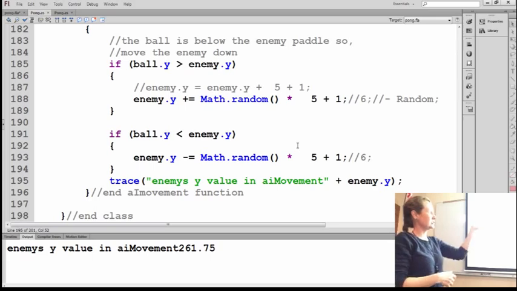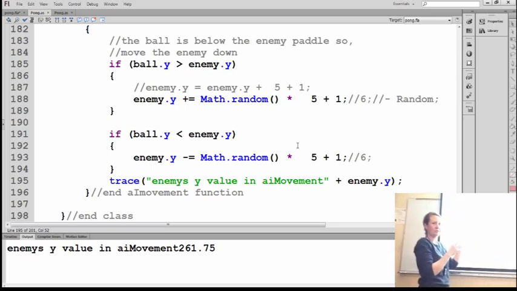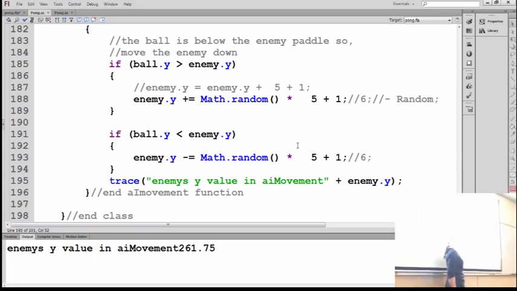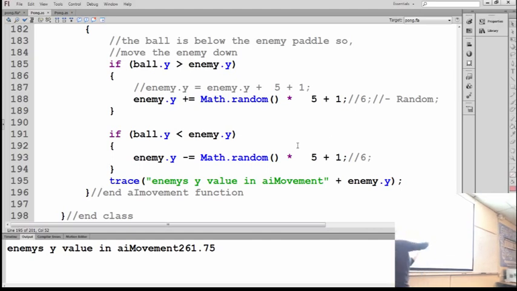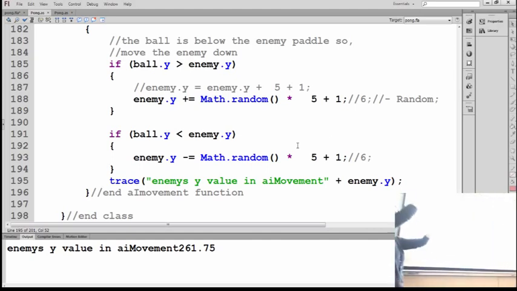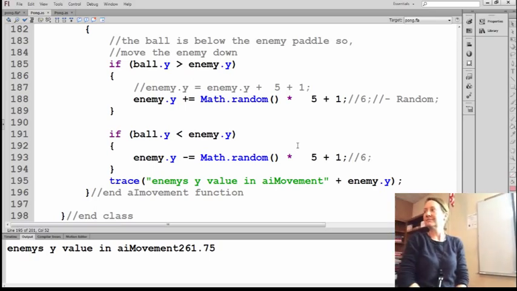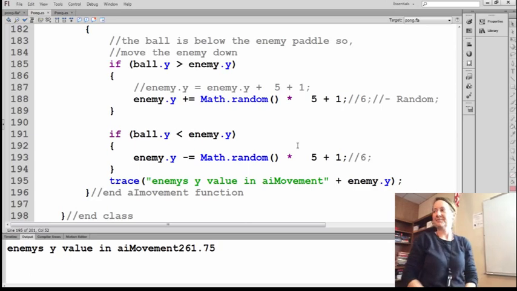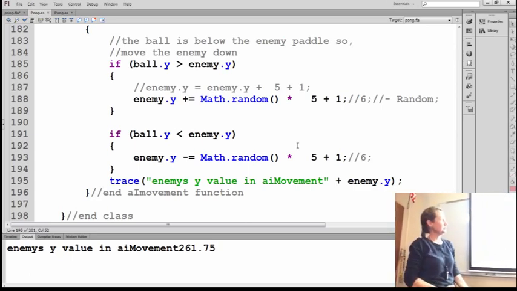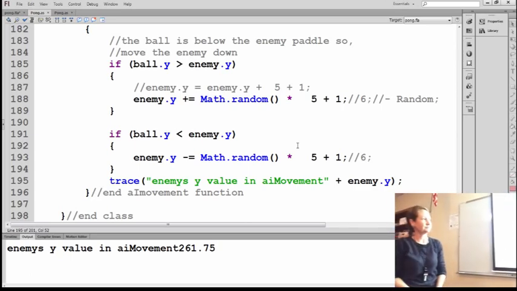Okay, so you could actually play around with the numbers here. I would change one number at a time when you're playing around with these. But if you change the 5 to a 10, then he can move from 1 to 10 pixels. Okay. What if I wanted him to move between 3 and 8 pixels? This one you have to think about a little bit. If I want him to move between 3 and 8 pixels,